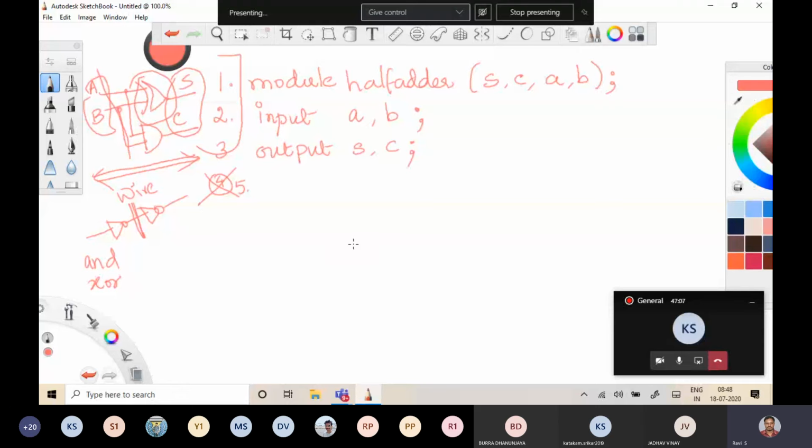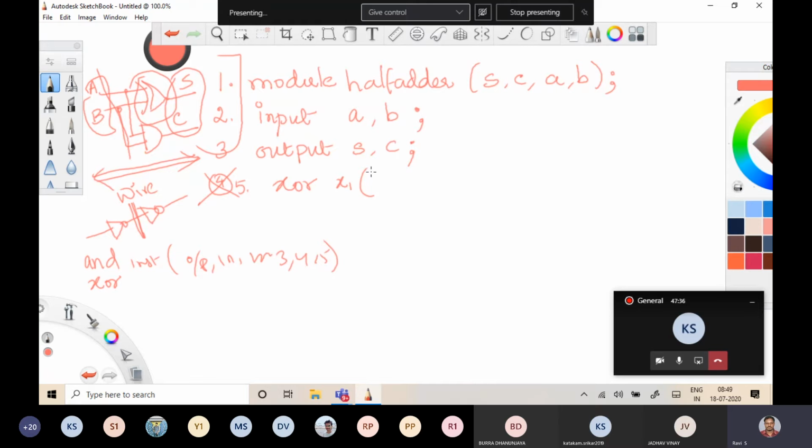Now I'm going to use the first primitive, exclusive OR. The moment you say XOR, the XOR primitive is called. Let me put some instance name, X1. So output variable comma input variables. All your logic gates, and, or, any logic gate, are represented with instance name, then output comma in1, in2, in3, in4, in5, in6.